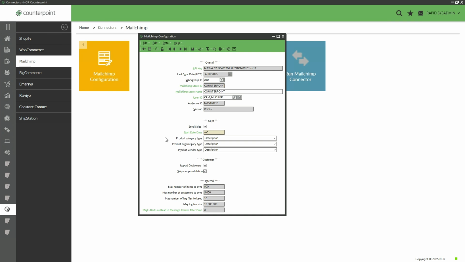Due to Mailchimp's data field limitations, we have implemented a workaround to combine product category, product subcategory, and product vendor into a single data point under Mailchimp's vendor field. I will show you later in this video how you can then set a filter using the parameter of vendor contains in Mailchimp